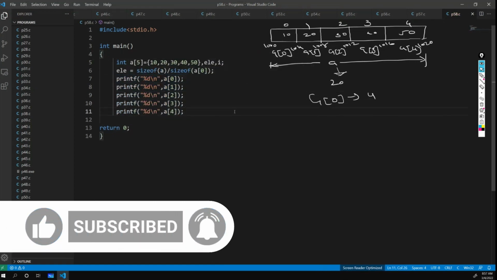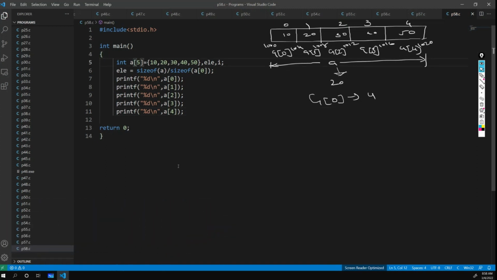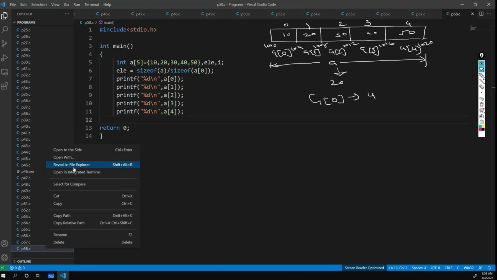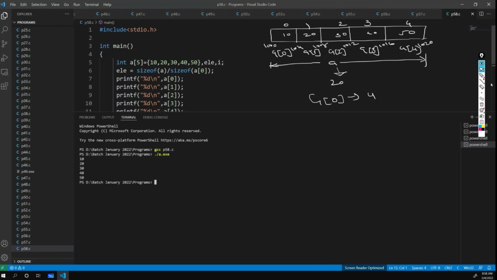I have 1000 elements in my array. So 1000 times printf, that is not a good idea. For 5 elements, that's okay. We can write it this way and print 10, 20, 30, 40, 50. But